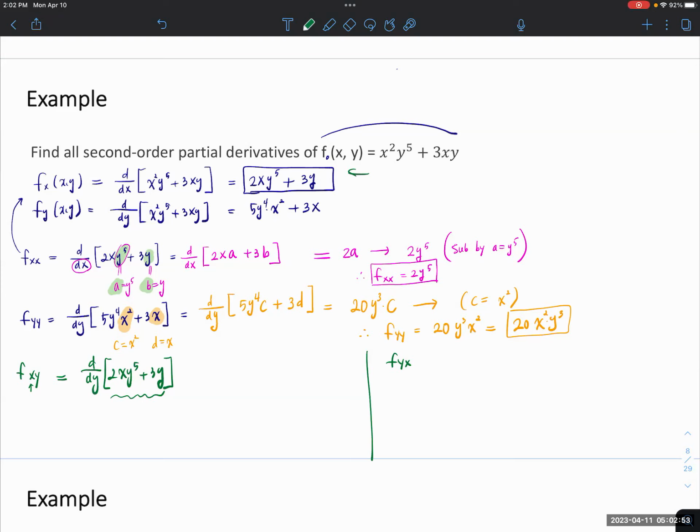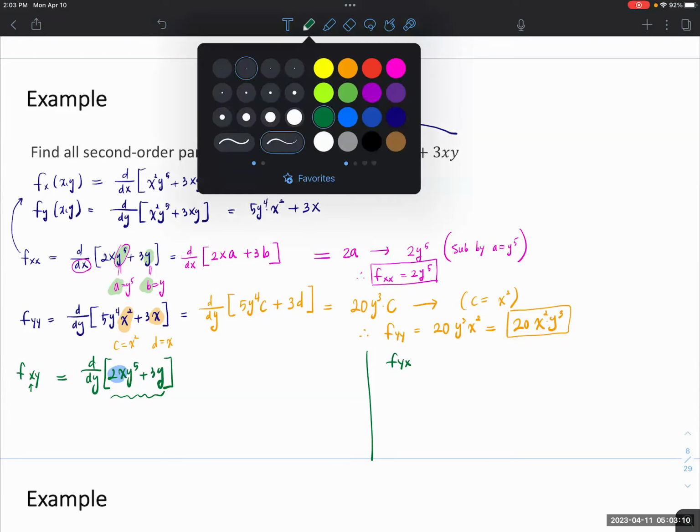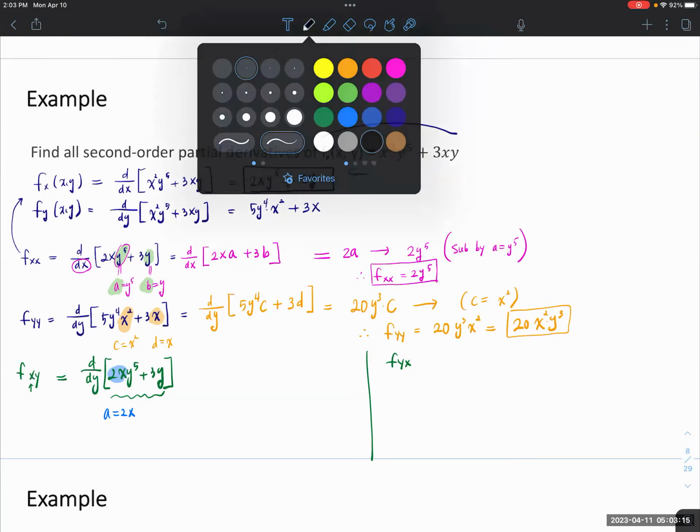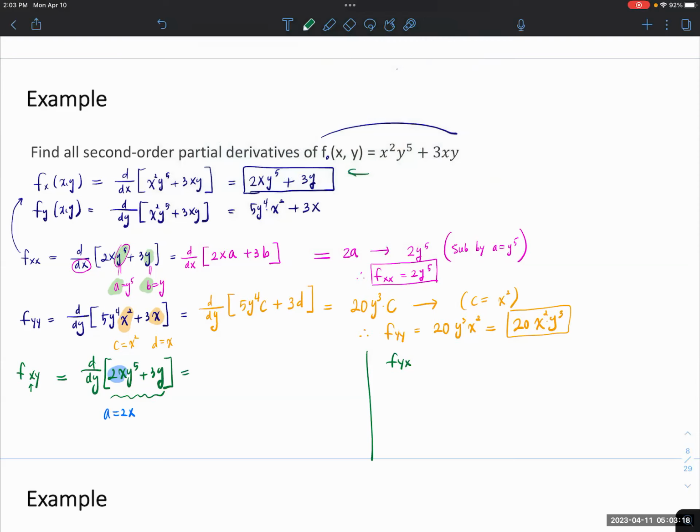So this is xy. Which one are you going to do? Again, you can create another variable. So 2x is going to be the a, and 3y is okay because we have a y. So a equals 2x. If you take the derivative d dy, that's going to be a y to the 5th plus 3y. Now you're taking the derivative, that is going to be